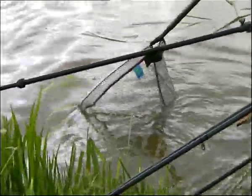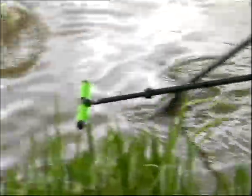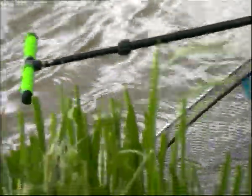But a couple more of them and he's back in it. Chris van der Vliet on the pole. See, those big carp have just started to feed, haven't they? They're all changing tactics. The bigger fish are just starting to have a go. They're starting to change tactics and look for...